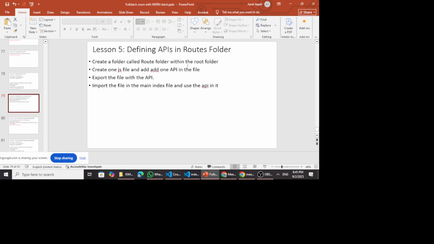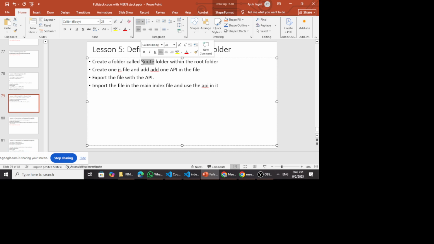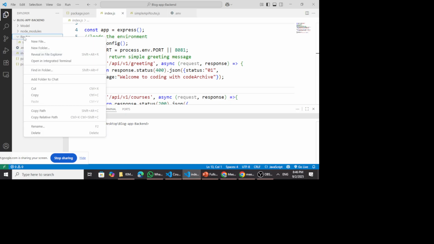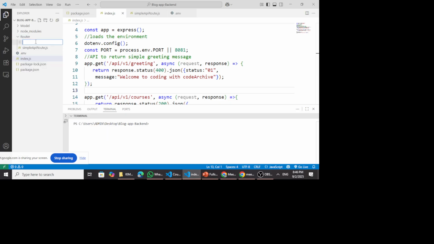So the steps to do that is to create a simple folder called the routes folder. I like calling it the routes folder, but you can call it any name that suits you. Already we have done that. We have a folder in our project called the routes folder. Then within that folder, you just right click and click new file, and you create a new file. And I have created that